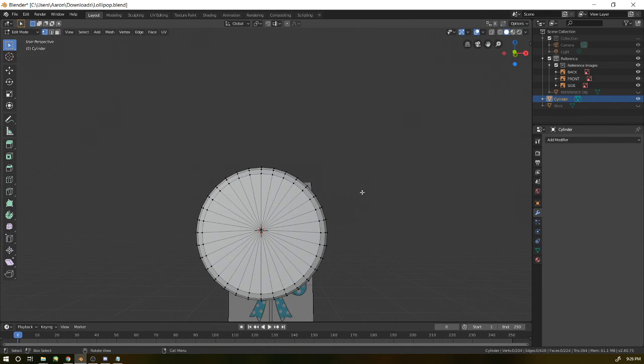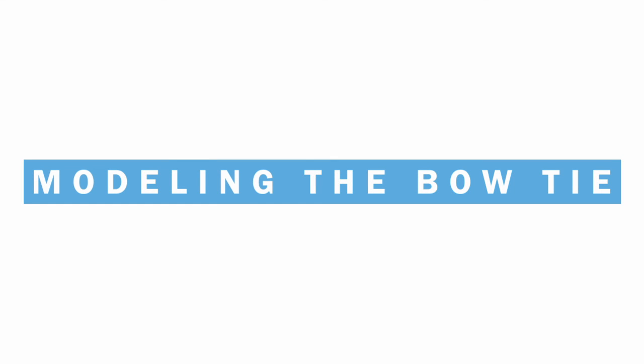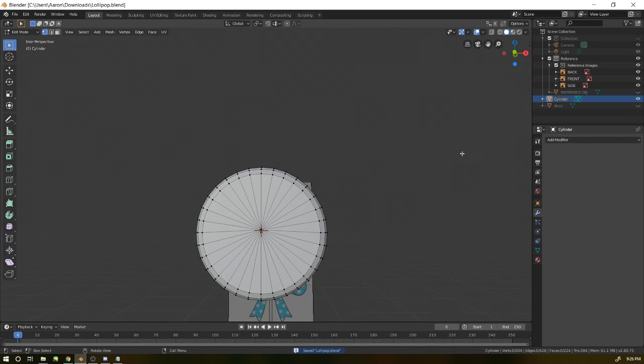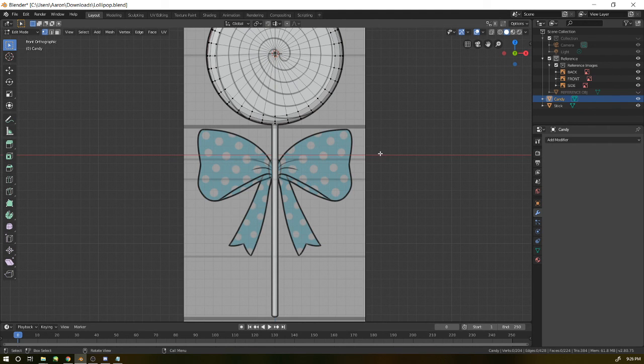So now that the candy part is done, we're going to be moving on to the bow. So let me save. Go over here to the layer menu. Double click my cylinder that my candy part is and name that candy, just to keep track of it. Let's go ahead and make that stick active again by selecting the eyeball that's next to it on the layer menu. And now let's go ahead and press num1 to get back to our front view, and we'll start making our bow. So I'm going to go back to object mode, deselect,